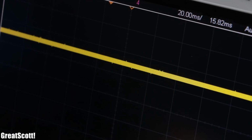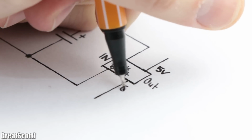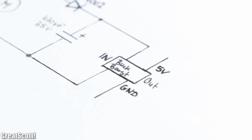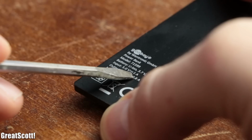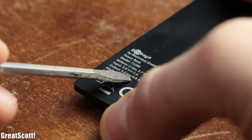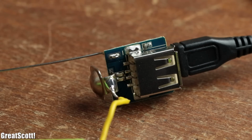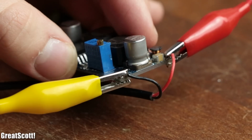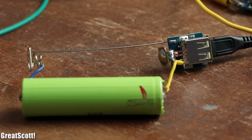Now my first idea was adding a buck boost converter to the generator outputs to create a stable 5V output and connecting that to the inputs of the power bank circuit, which not coincidentally requires more or less stable 5V. But after practically building up the circuits and doing some testing, I realized that the output voltage of the buck boost converter was not really stable, which led to the quick destruction of the power bank